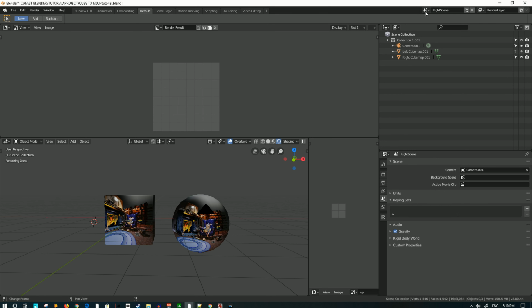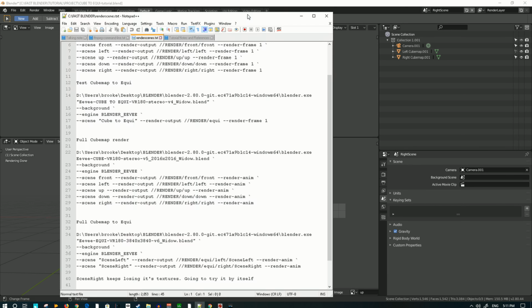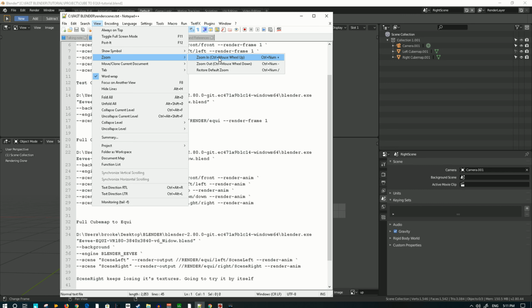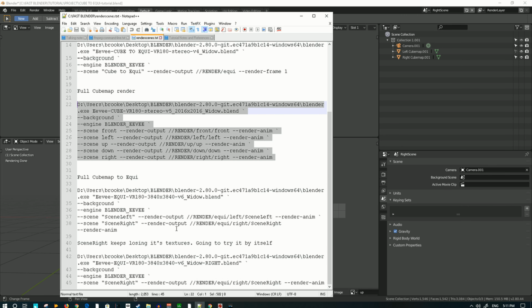You copy the scenes, right? So you have a left scene and a right scene. The reason why you do that is because of this bit of magic that I have on my screen. Where's zoom? Zoom, control mouse wheel up. When you do cube map, you create 1, 2, 3, 4, 5, 6 scenes. For